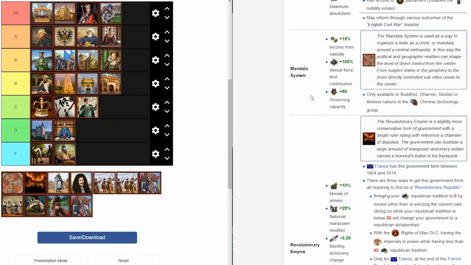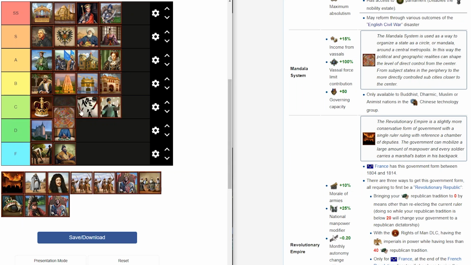Next is the Mandala system, which gives you two bonuses related to vassals, vassal force limit contribution and vassal income. But it also gives you governing capacity, which is really nice. I think this right now is a B, but seeing that this is for Southeast nations with the Chinese technology group, so basically nations in Southeast Asia,